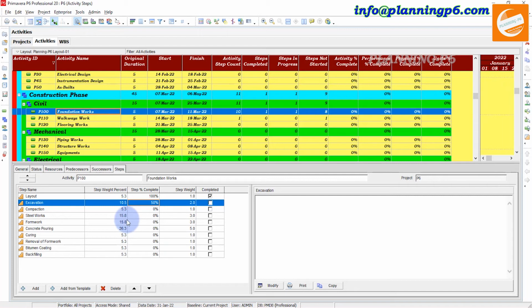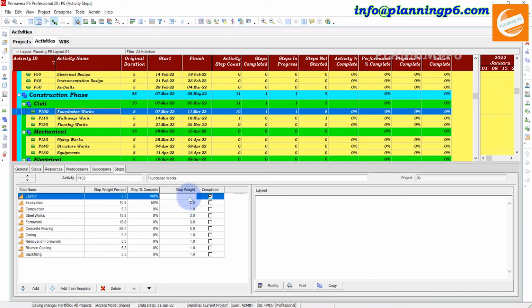If you have a cost, suppose for foundation works you have $1,000, then you can divide it by percentage and manage by the percentage weightages, like 1%, 0.5% as well. If you want to give 0.5%, you have that option too. It will be divided like that, 0.8 or whatever you want, and the completed will be shown here.